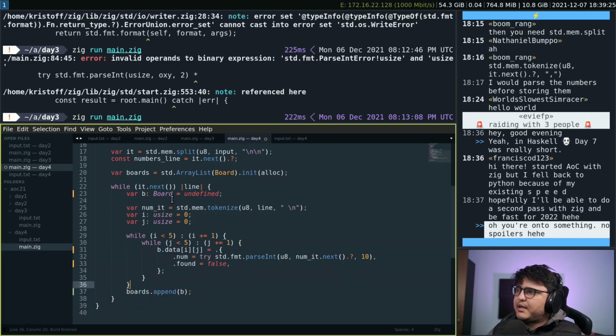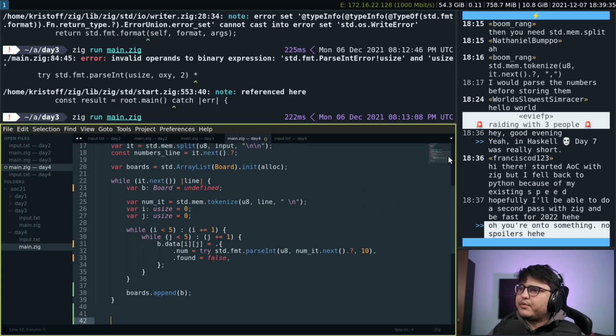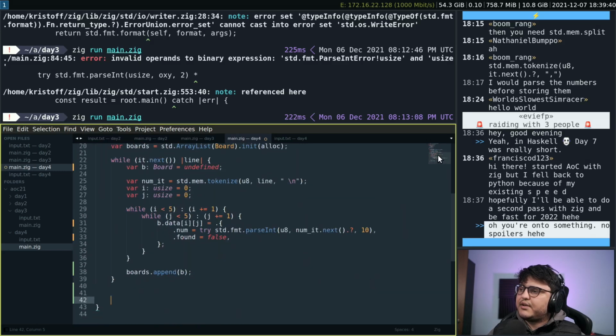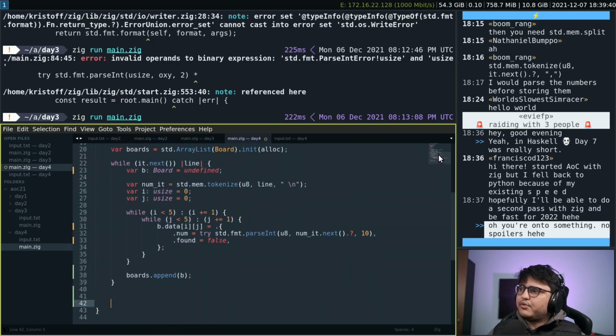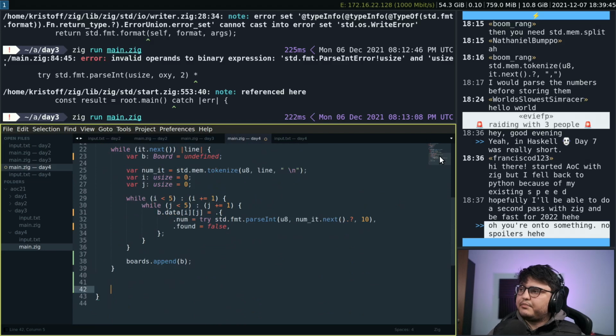So I append the board that I just computed, and then what do I do next? And I do all the boards. Okay, I got to the end, got all the boards. What do we do now? We need to simulate extraction, right? So every time we extract a number,